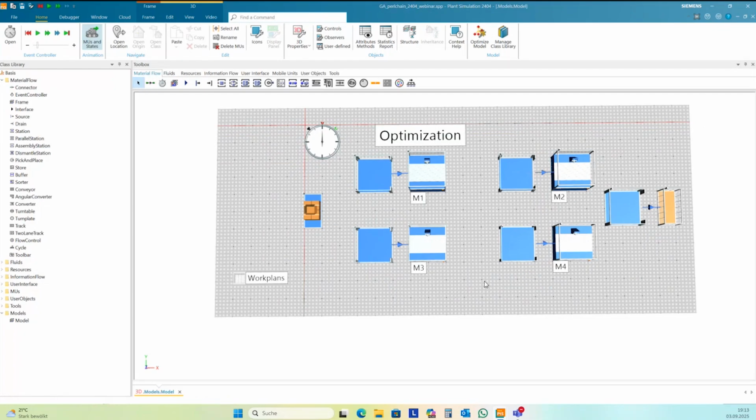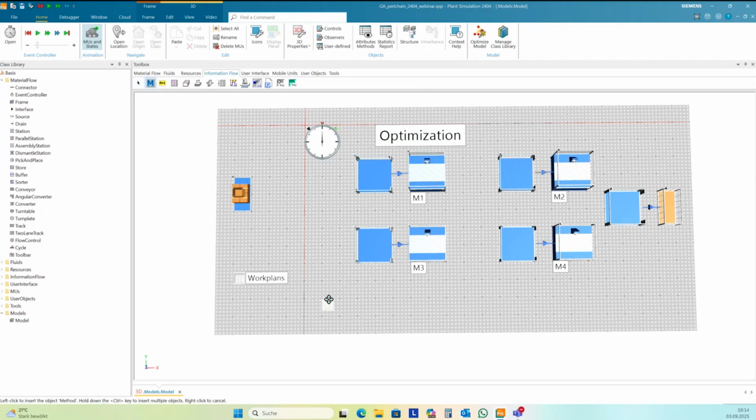Okay, I need 2 different controls. One control is I need to set the process time for each part, for each station here, depending on the part and the work plan of the part. And so I need one method.